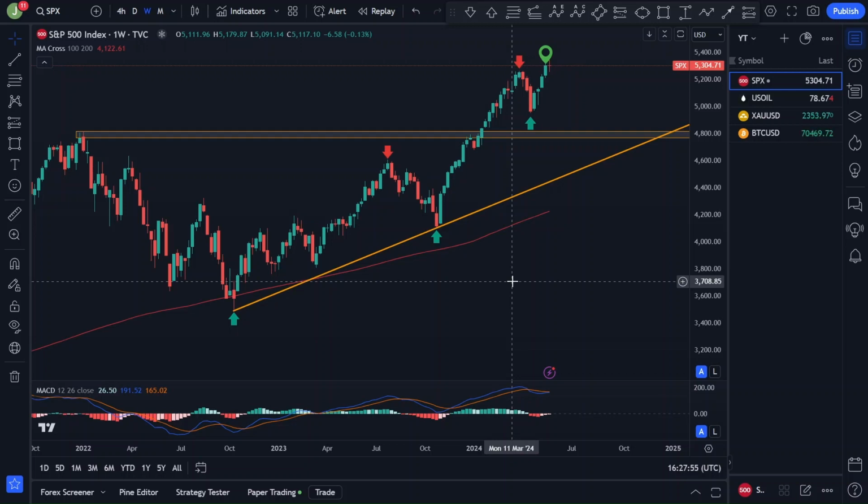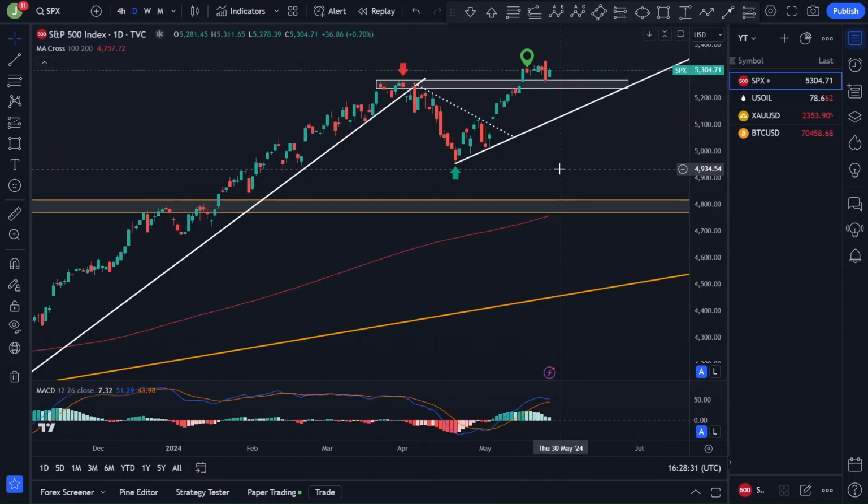My name is Jens and I want to start with the SP500 index and give you some analysis on it. On the weekly, we can see that the SP500 had two weekly impulses so far, 1 and 2, and 2 corrections, 1 and 2. We successfully broke the last high of the last impulse, so we are technically in the third weekly impulse to the upside. Because of that, I move the arrow here.